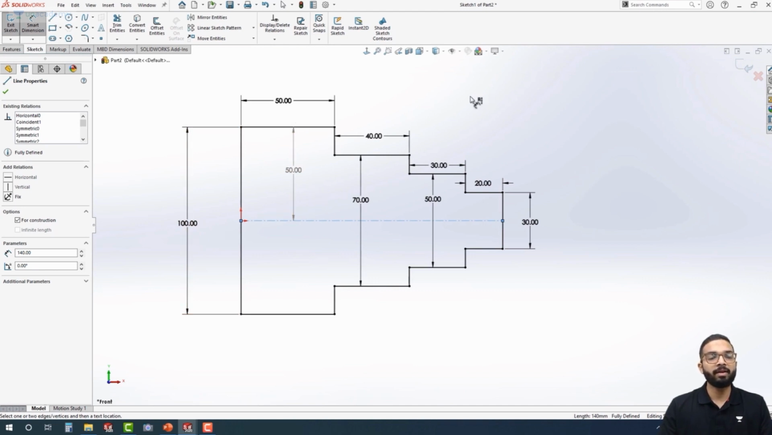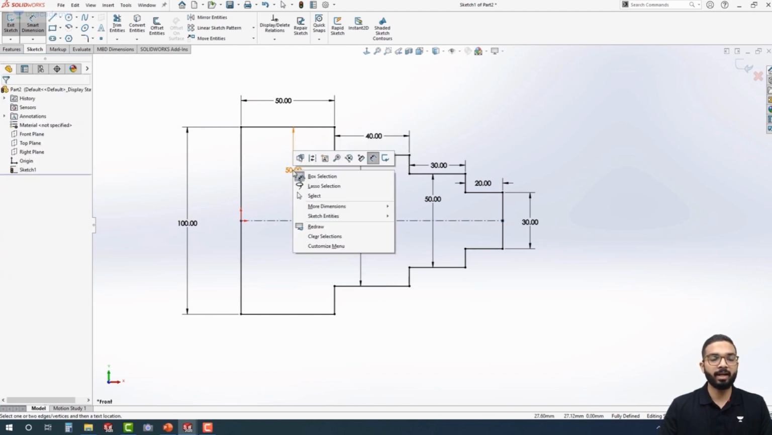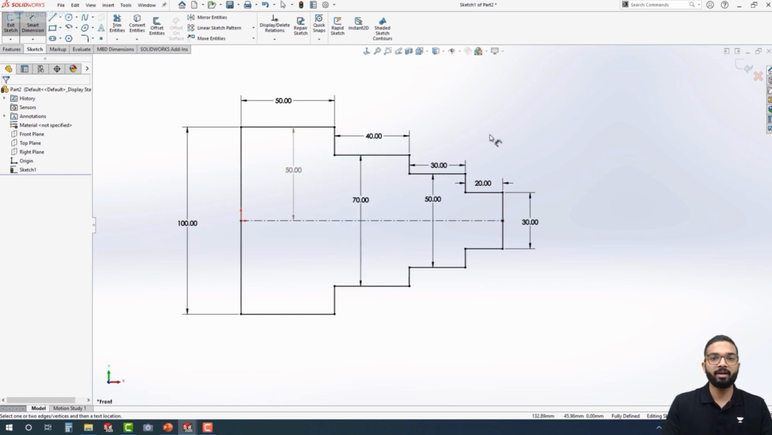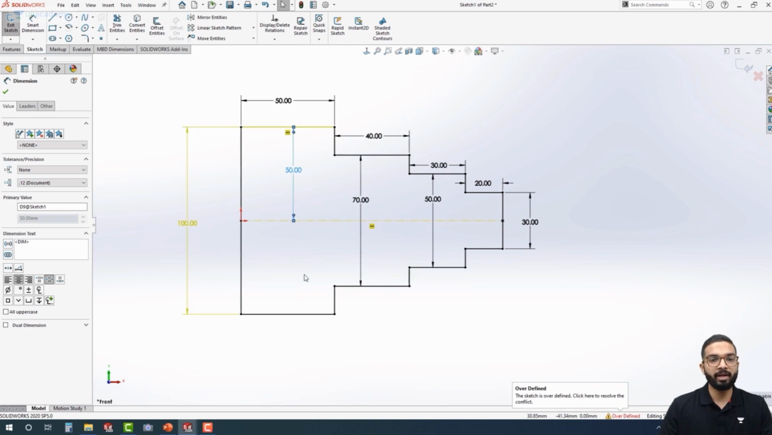Driving dimensions are the ones that define your sketch, while driven dimensions are ones that have been generated due to your driving dimensions. Now if I try to convert this driven dimension into a driving one by selecting this and right clicking on it, I will have to first exit the Smart Dimensions command by pressing escape. Now if I right click on it, you can see here that driven has been ticked. If I untick driven, you can see that this dimension has been converted to a driving one,